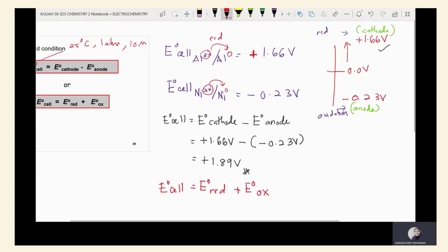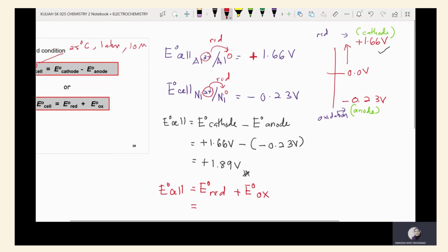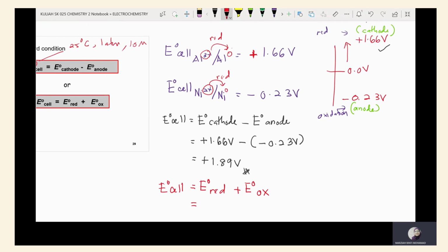If you look here, the E naught cell values given represent the reduction process, because 2 become 0, 3 become 0. So for E naught reduction, you can straight away take the value, because the cathode is reduction in this equation also. So you can put the value positive